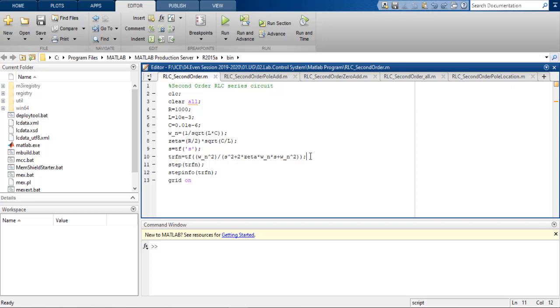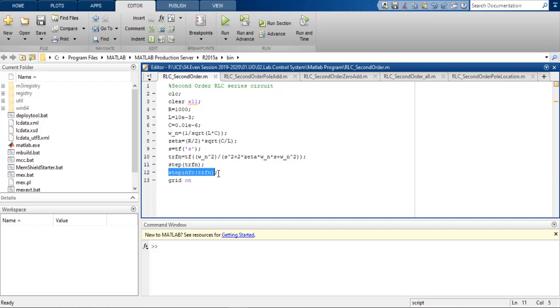Now after this, you have used this TF function to convert this to a transfer function. Now we use this function in MATLAB that evaluates the step response. What it does is that it gives a unit step input, and it shows the output.